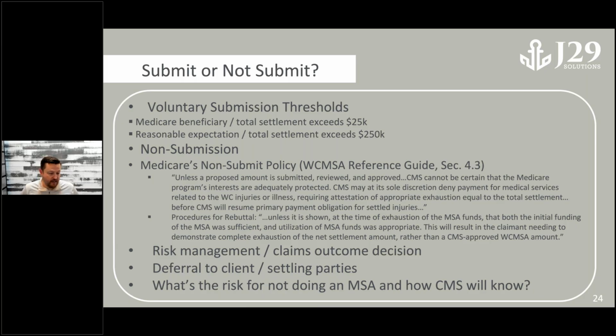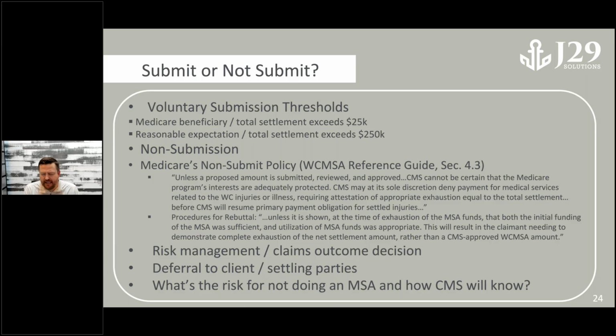Parties want the utmost certainty that they can put that case to bed, and sometimes they choose to submit it. Other instances, CMS can be so rigid in their policies that if that MSA was submitted, Medicare is going to come back with some crazy number so high because of a recommendation about, I'll make it up, a spinal cord stimulator that the applicant's never going to get, that totally blows up a settlement. So I see non-submission as a tool in a compliance toolbox to use when